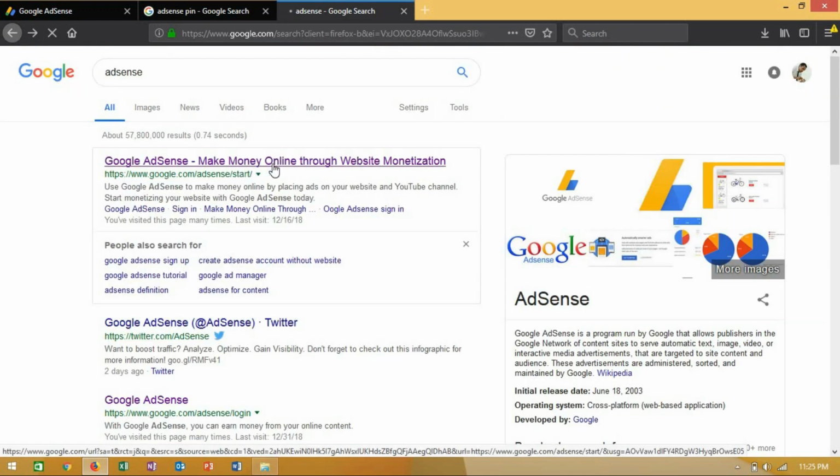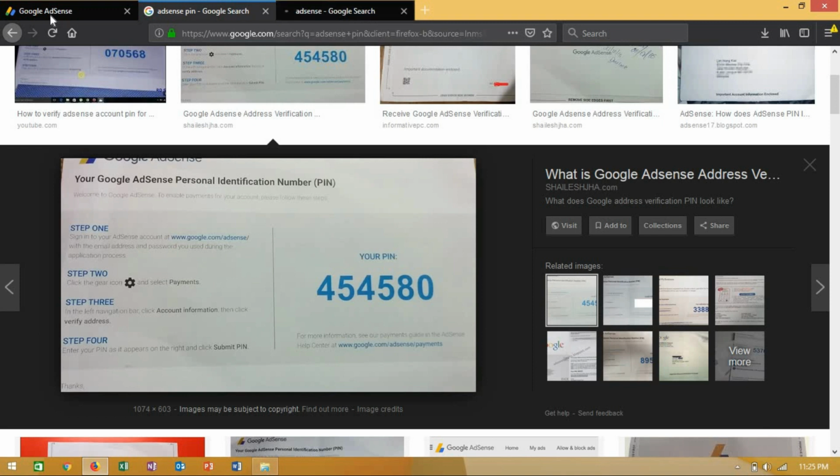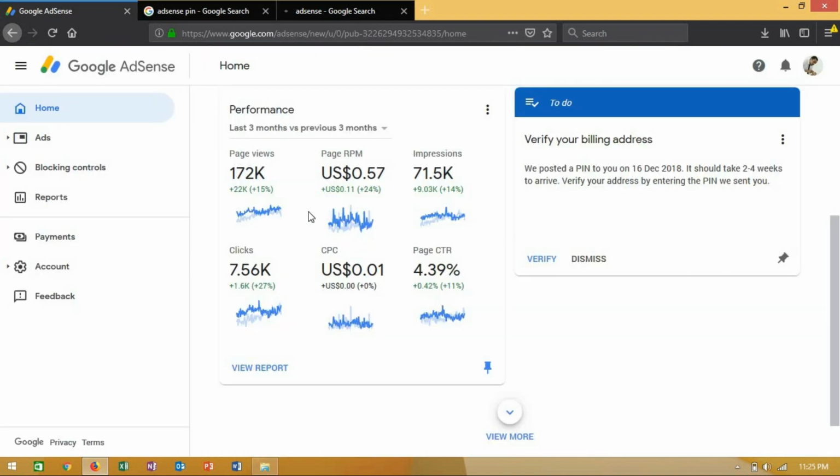I'm sorry about my internet, it's a bit slow. You're going to go to your Adsense account. In my case I've opened one here. Then this is the step where you go to account, but in my case here I ordered my pin on 16th December 2018 and I received it on January 4th